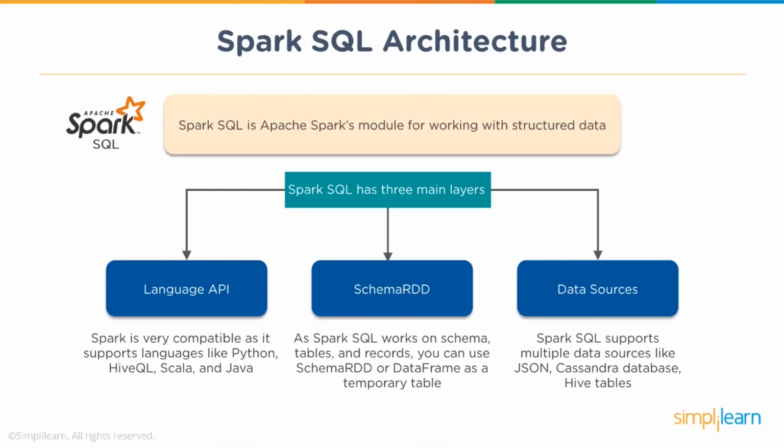The third layer is your data sources. So that is your data coming in from varied sources. That could be your files in different formats such as CSV, JSON, text, Parquet, Avro, and so on. You could be getting your data from different NoSQL databases such as Cassandra, MongoDB, your HBase, or anything else. You could also be getting data directly from Hive, which are your logical structures such as databases and tables. However, the data is stored on an underlying file system such as HDFS.